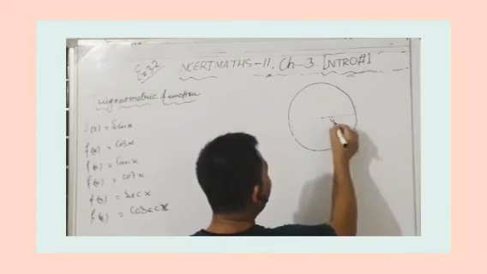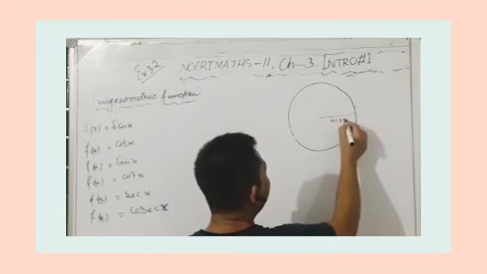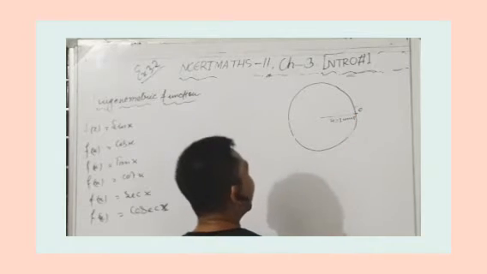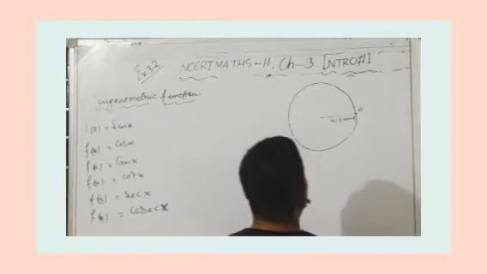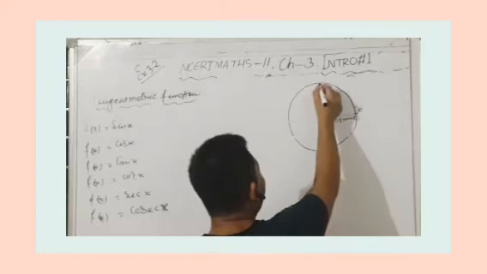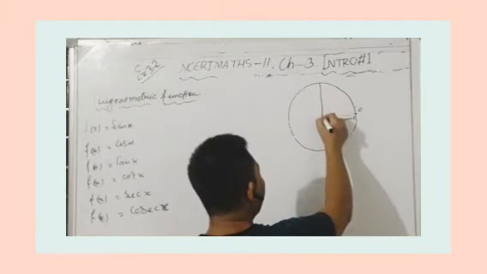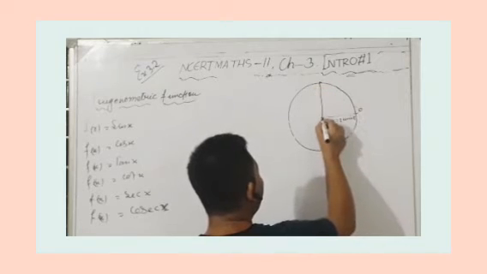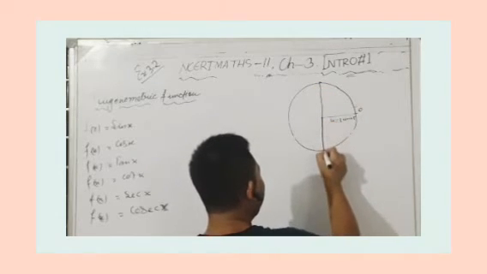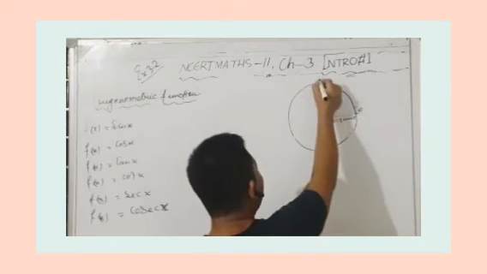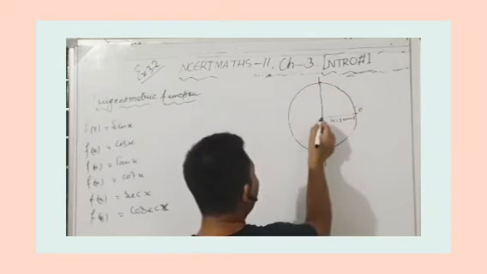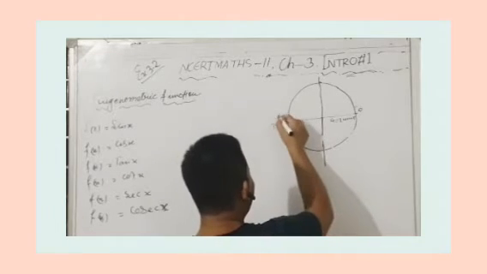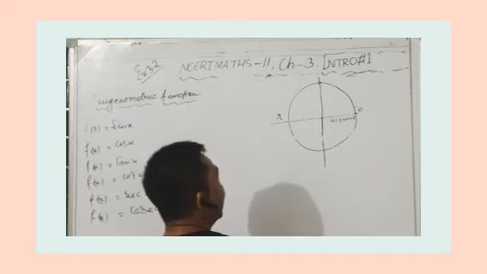It is of unit radius, 1 unit. This is 0. This is the y-axis, with positive and negative y. And this is 1. Okay, fine. Now you see,